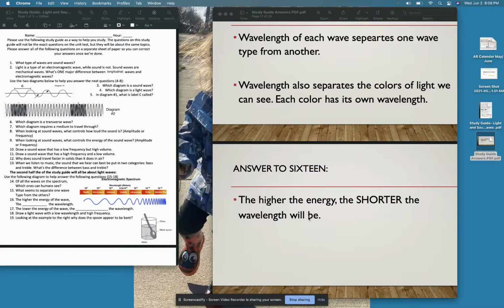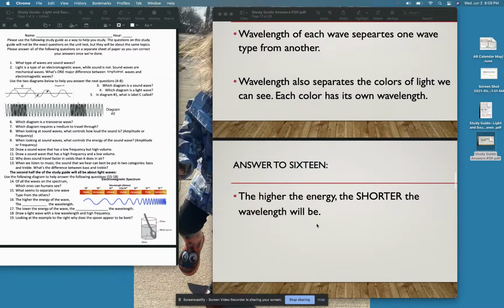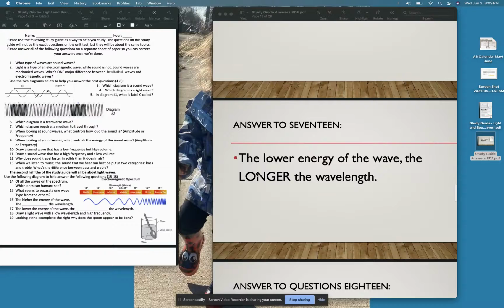Remember, that means it's going to be vibrating a lot. Therefore, if you look here, this wave here is vibrating a lot. The distance between the top of one wave to the top of another is not a lot. So that means it's going to be shorter. Whereas the opposite is true. The lower the energy of the wave, the longer or larger the wavelength is going to be. You could say longer, you could